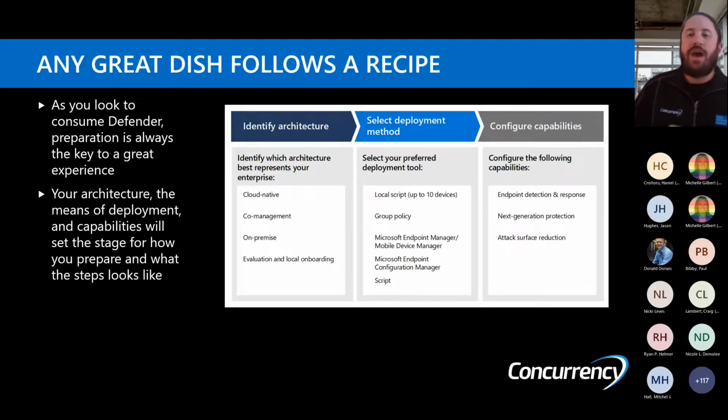We'll talk a little bit about the intricacies of those over and above your native endpoint detection and response. What do you really get with the next generation protection? And one of the key topics that I'm actually having a lot of discussions with customers recently is around attack surface reduction and what that means. I'll probably actually blog about it. I've got almost all of it ready to publish on my